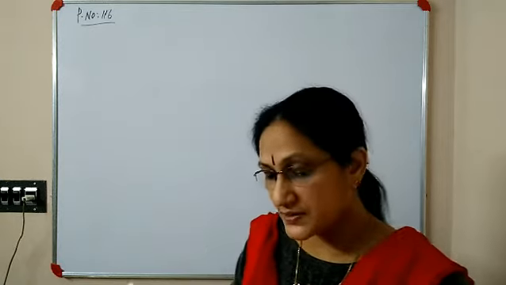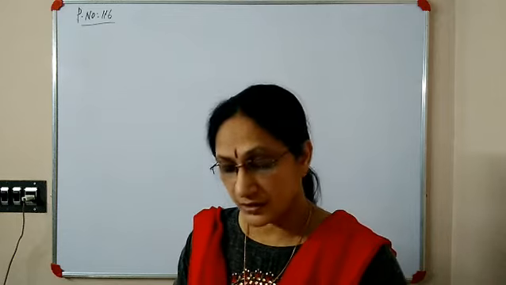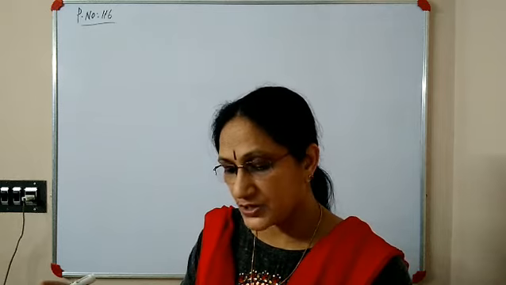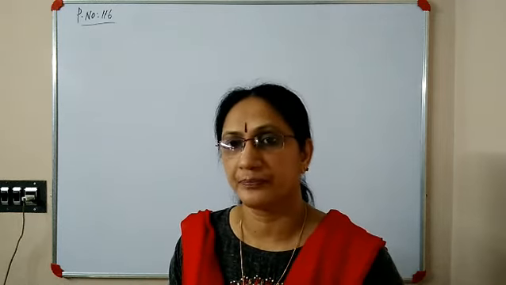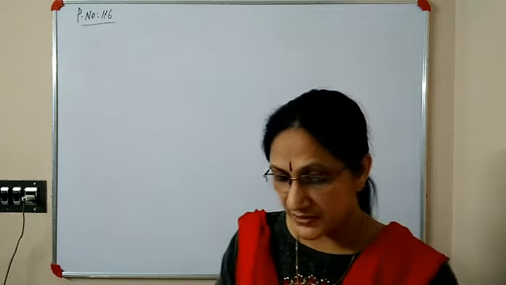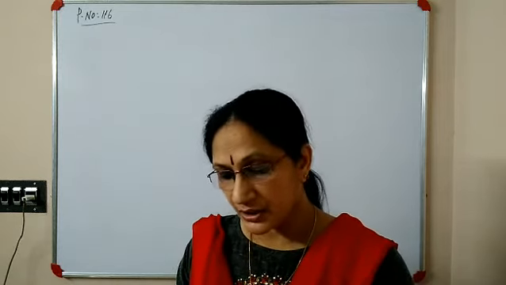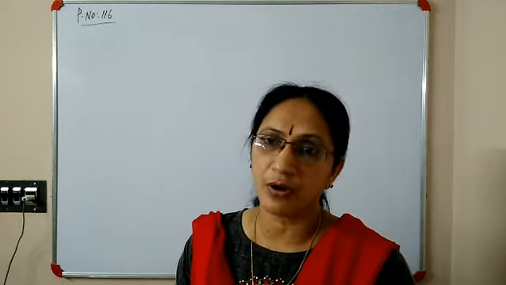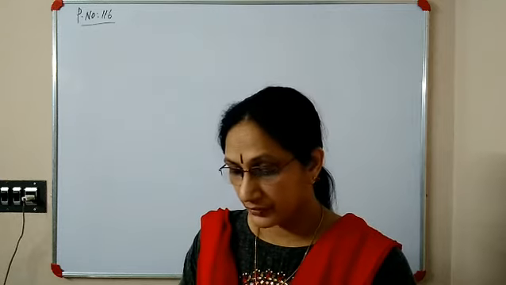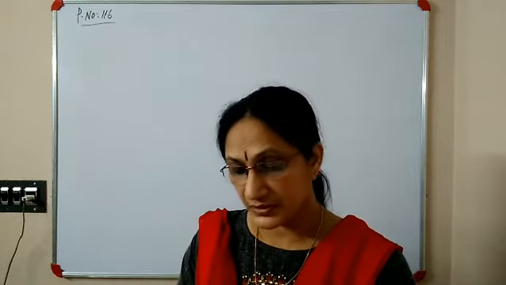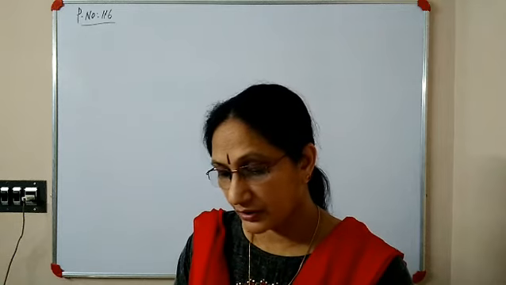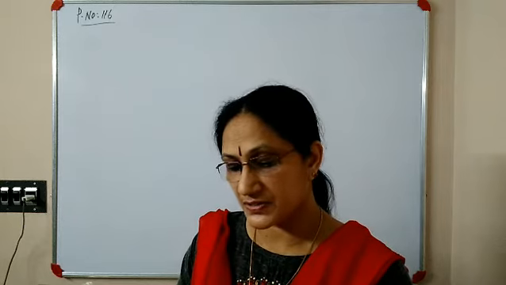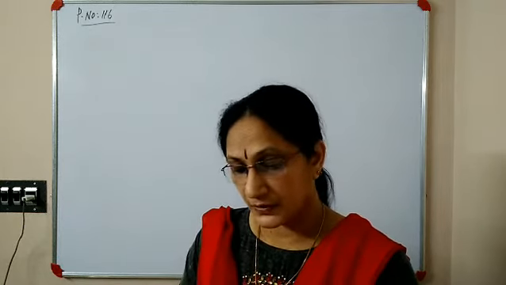Now question number 16. An image is formed at a distance of 5 cm in front of a lens of focal length 10 cm. The focal length of the lens is 10 cm and the image is forming at a distance of 5 cm. That means the image is formed between O and F. What is the nature of the image? It is a virtual image. Actually, the question should have mentioned the nature of the lens. It is a convex lens. Okay.